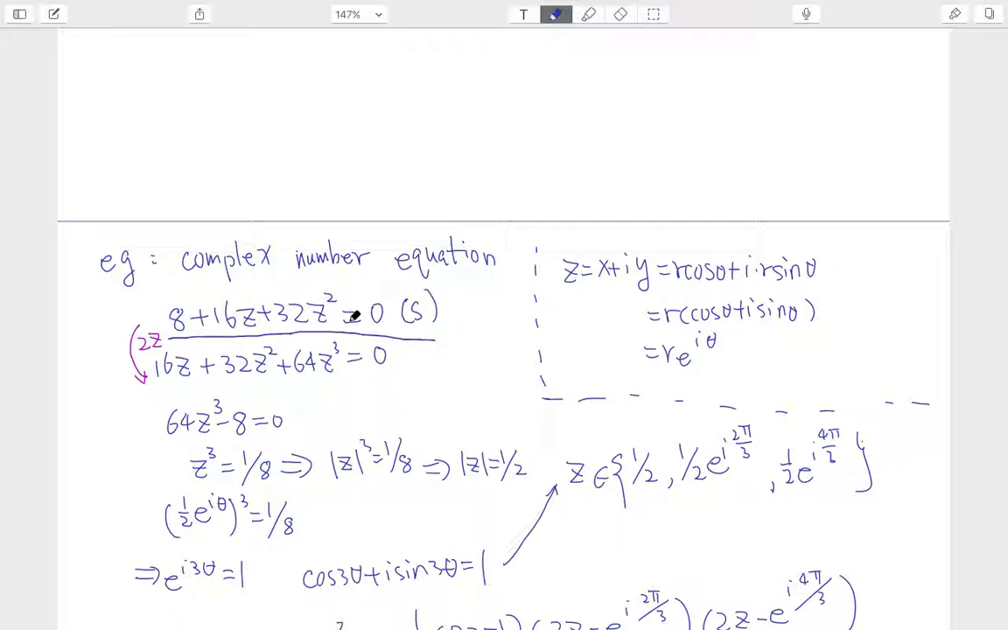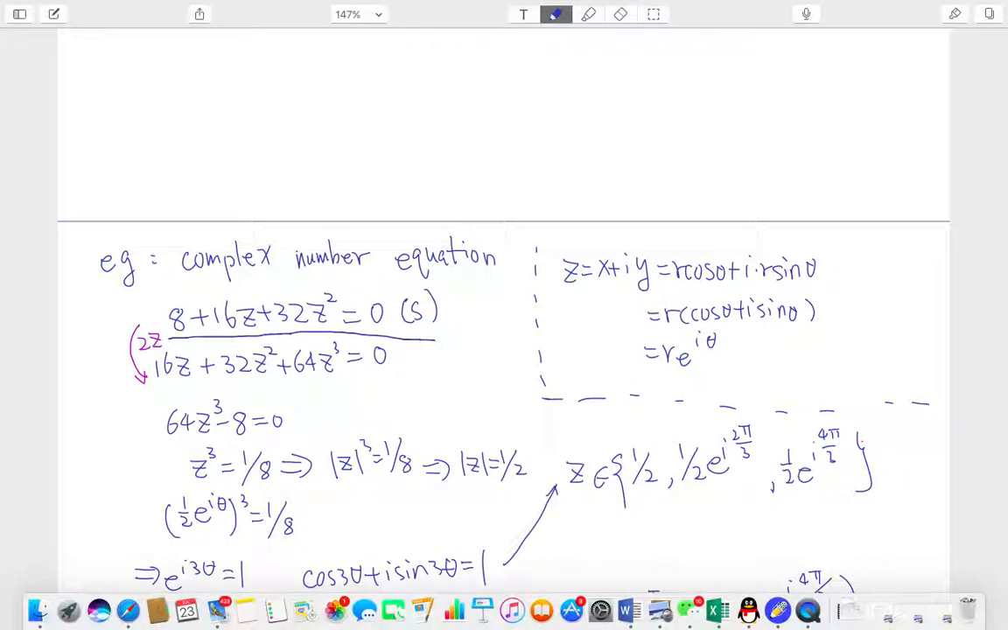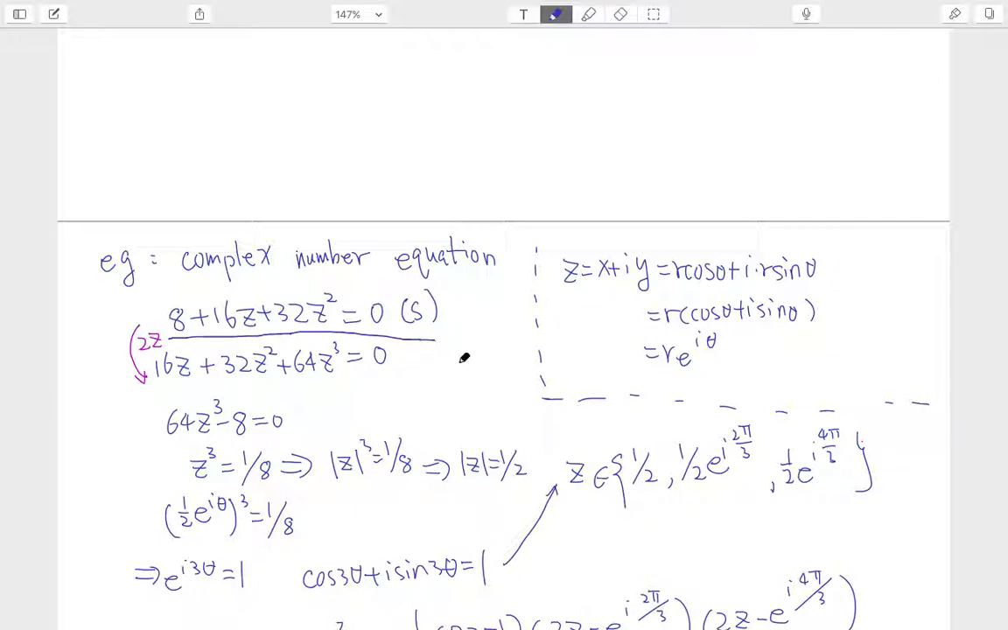I would like to stress one point a little bit, the definition of a complex number. As you can see, it has two parts, a real part and an imaginary part, where we substitute x with r cosine theta and y with r sine theta. If it's not quite clear, I mean, if you can